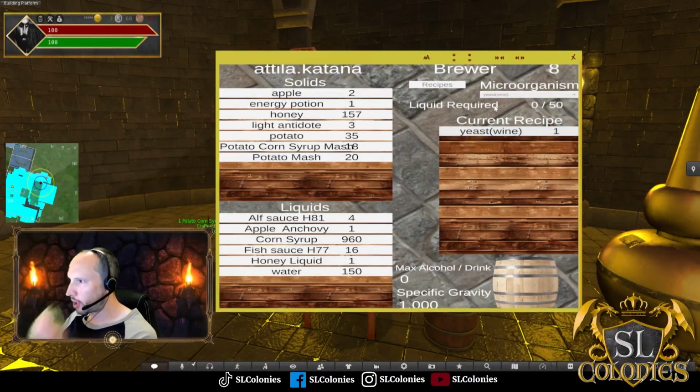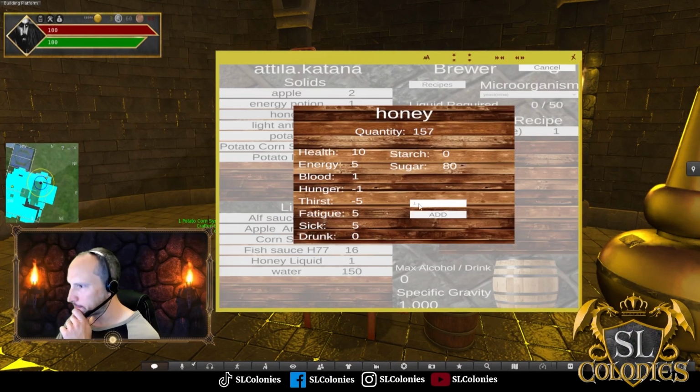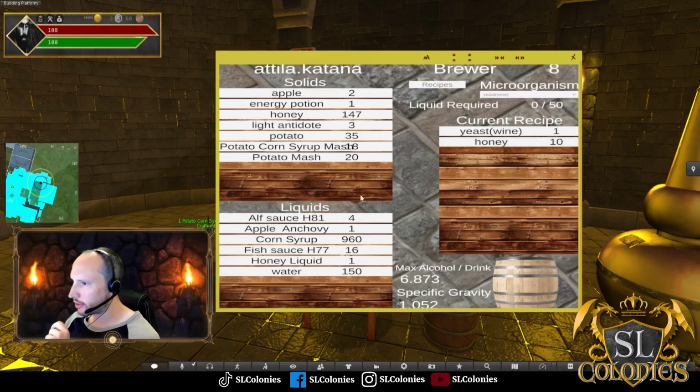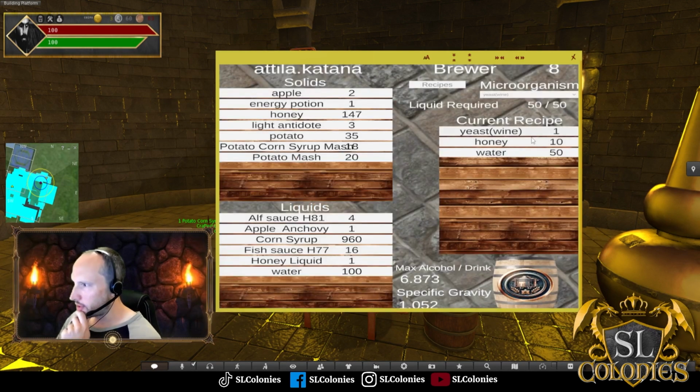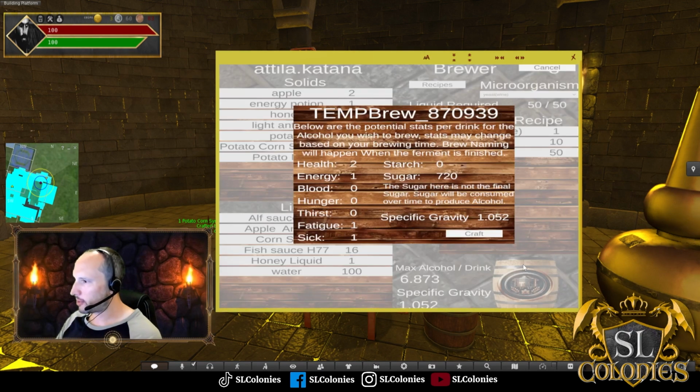I'll use 10 honey, because honey is a good base to measure alcohol content and gravity, alright? Honey doesn't have a liquid thing, so I'll add some water, the 50 water to this. So as you can see, on my wine yeast, with 10 honey and 50 water, I get a 6.873 maximum alcohol per drink potential, and my specific gravity is 1.052. If I now hit craft, because I've met the minimum requirements,